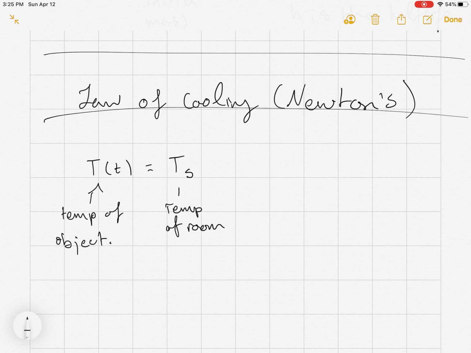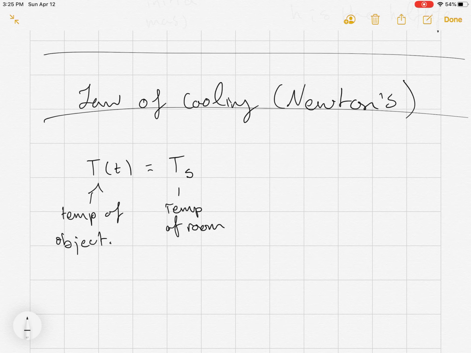So it doesn't necessarily have to be a room, it's just the ambient temperature of the space around the object we're talking about, right? We're going to add to that d0, and this is going to be our initial difference in temperature between the object and the surrounding space,